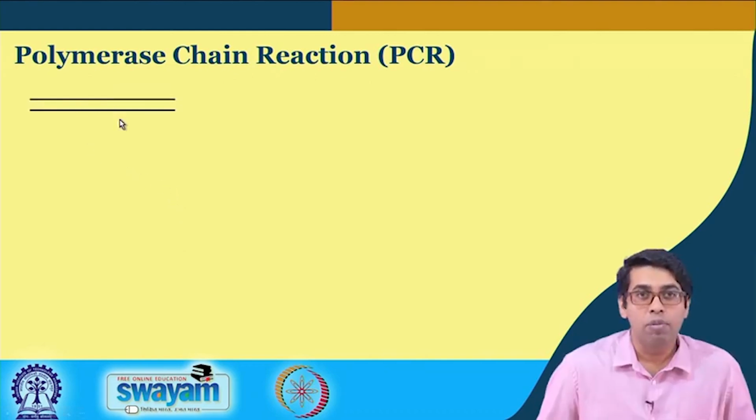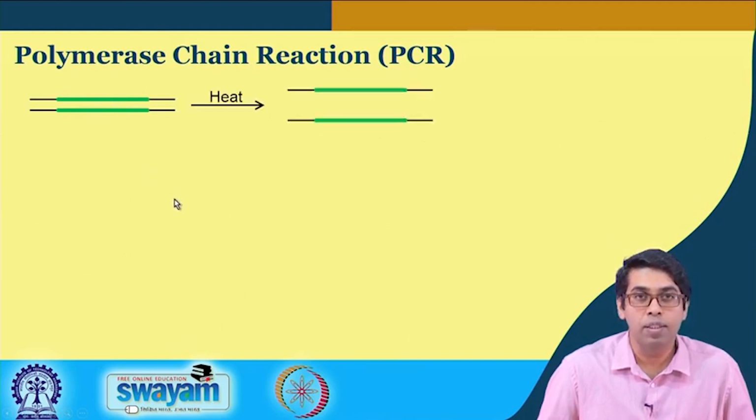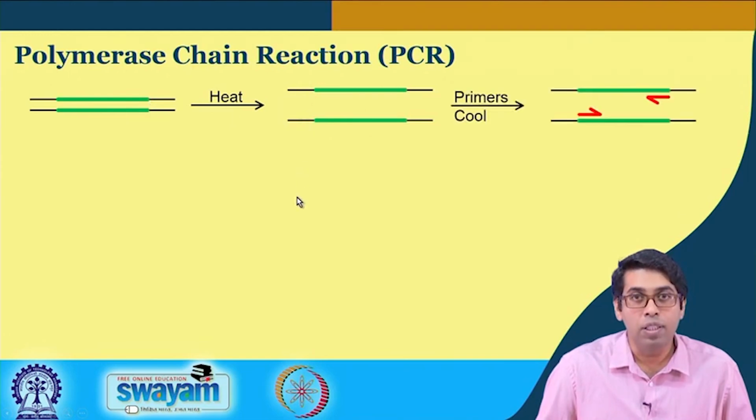Let us say this is our double stranded DNA, and this green part is the gene of interest. We want to amplify only this part and not the remaining. So, you have mixed everything, and the first step you do is heat it up to 95 degrees centigrade. That denatures the DNA, which means that it breaks all the hydrogen bonds which are present here. So, now these two strands are separated out,